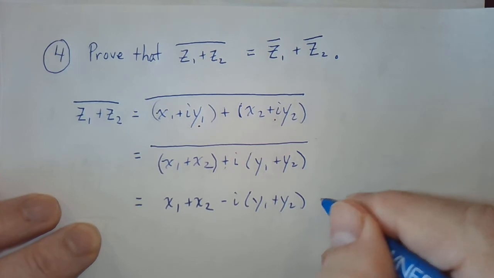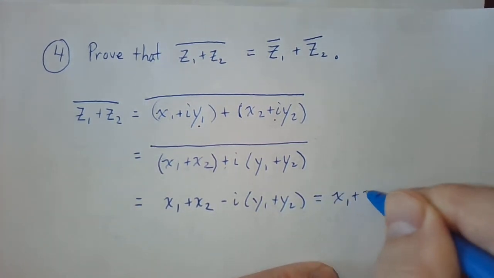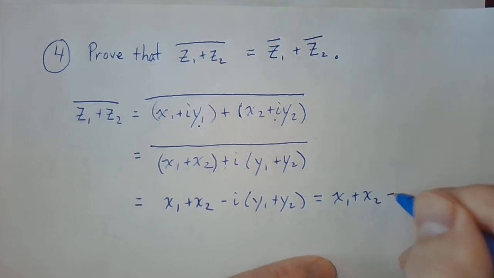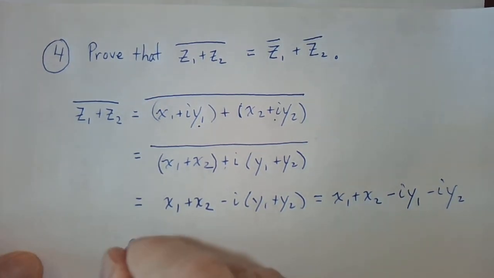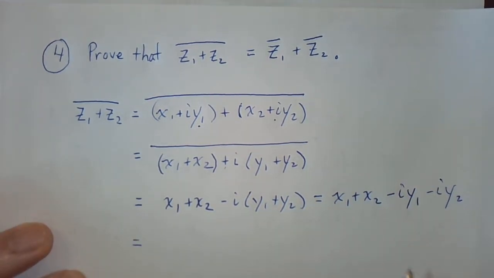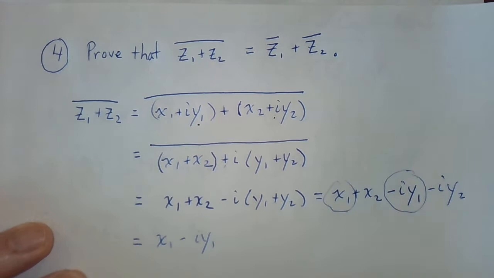So I get, let me go to the right so I don't run out of room, x1 plus x2 minus iy1 minus iy2, which can be written, just reorder it, x1 minus iy1